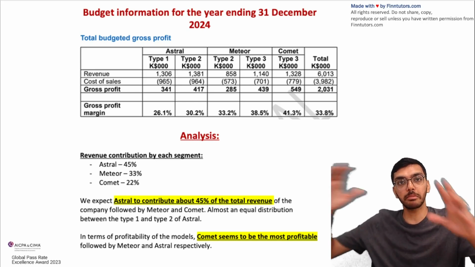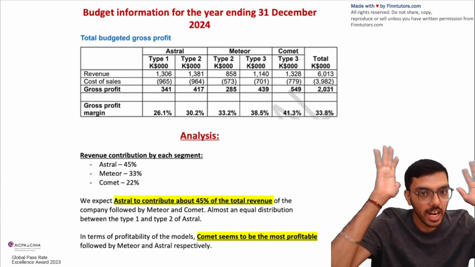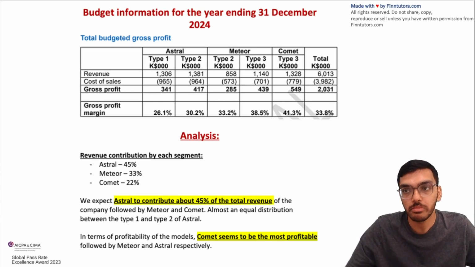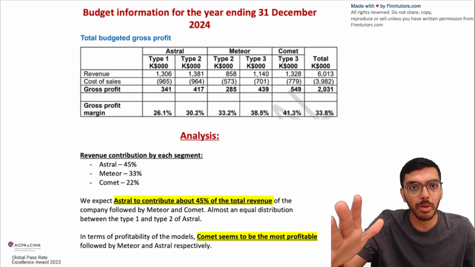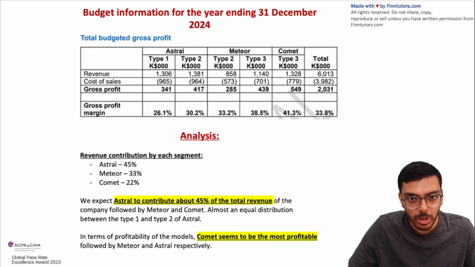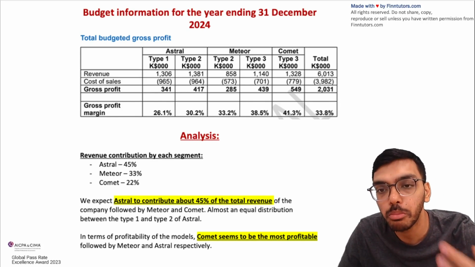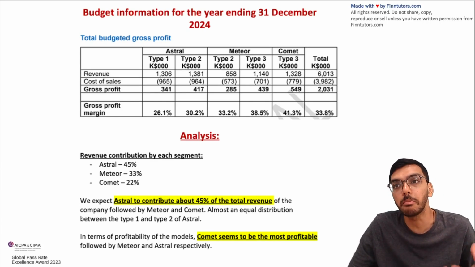So if in the exam there is a scenario and they say that we are now looking to discontinue the Comet and continuously focus on Astral, straight away there will be a light bulb in your mind. Why? Comet is the most profitable product for my company. Should we be doing that? It brings big question marks. But again, that deep pre-seen analysis is important.